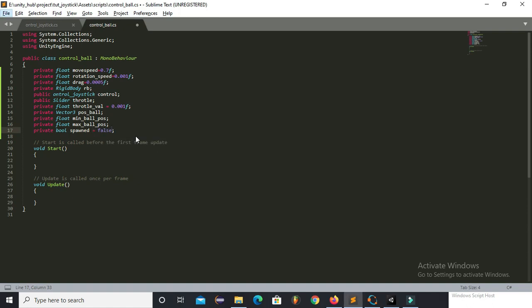This variable will check whenever you change the position of the slider for the first time. Then this variable will help us to store the initial position of the sphere, so that we will have the initial value of the y coordinate of the sphere, or you can say the minimum value of the y coordinate of the sphere.